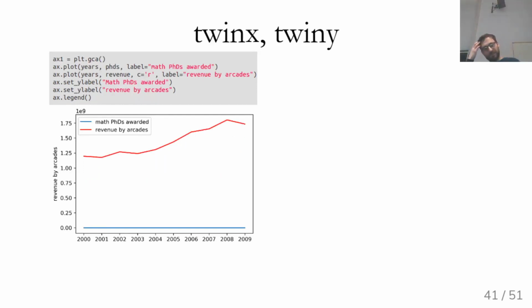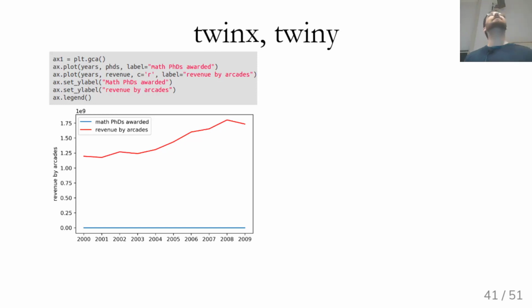All right. The next thing that I want to mention is twin axes. In this plot, I'm comparing two things. I have two series. One of them is the number of math PhDs awarded for each year from 2000 to 2009. The other series is the revenue that was made by arcades in that year. Let's assume they have something to do with each other. If I just plot them naively using plot, they will both share the same y-axis. And so,